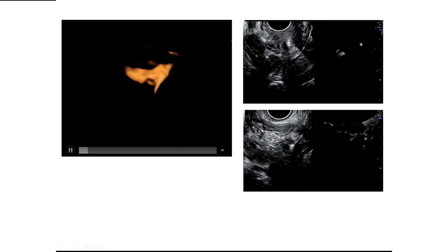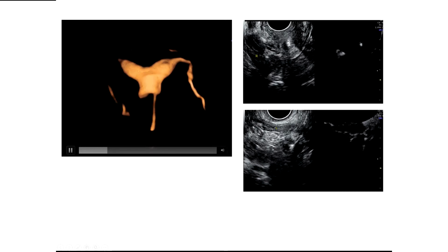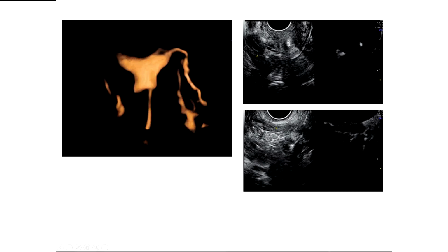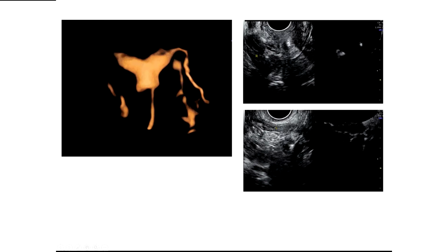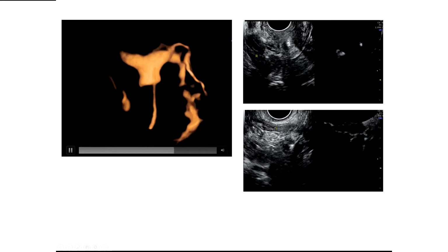And the assistant felt great injection resistance, and the patient felt great pain. But for this patient, we can see here, although the right tube is imaging, at the end of the tube there is no contrast agent spreading out. Around the right side ovary, there is no contrast agent surrounding the ovary. Because there is no spreading of the contrast here, it leads to a limited diffusion in the pelvic